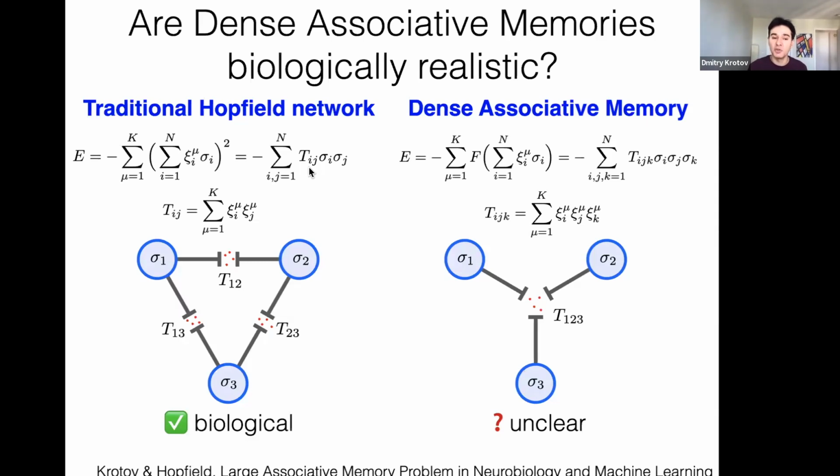So the synapse between neuron I and neuron J has to be equal to the synapse between neuron J and neuron I. And that is unbiological. But at least the synapse connects two neurons. In the dense associative memory, naively, if we interpret the coefficients Tij as synaptic couplings, we would need to arrive at the conclusion that, in fact, the synapses are many-body. They are not two-body synapses.